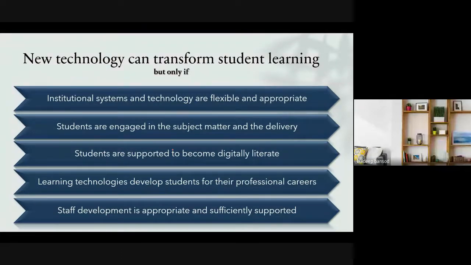Otherwise, students will engage in different social media or social software, and they are not engaging inside the teaching-learning processes. Students need to be supported to become digitally literate. Some students find it very difficult to access Moodle, for example, so for that you have to give them a demonstration.